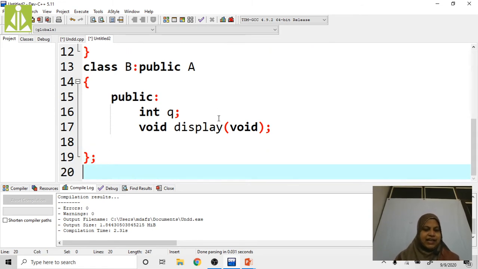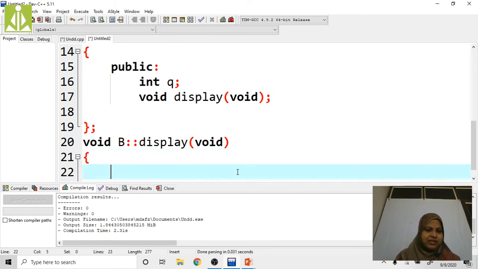Outside the class I have to define the display method of class B. What is the return type of the display method? Void. What is the class name? B, followed by display, right? Open the braces.